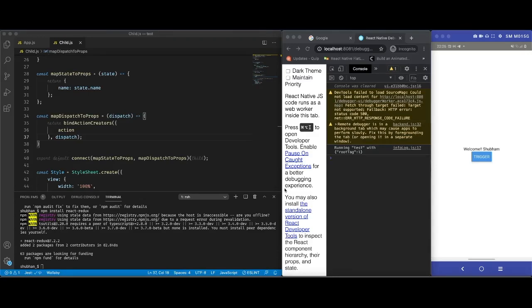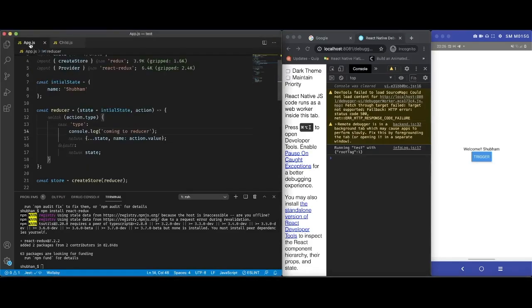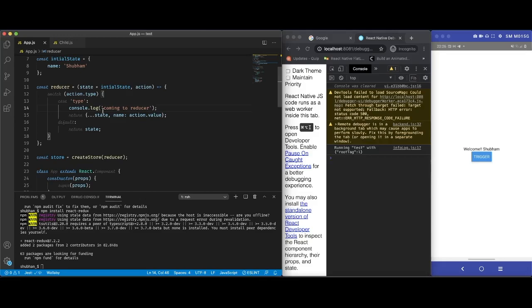For creating middleware, let us move to the app.js file and there we will create a middleware function. This is how a middleware looks. So whenever the dispatch function is called, you will get an action and you can implement that action in these brackets. Let us for now put some logs here.